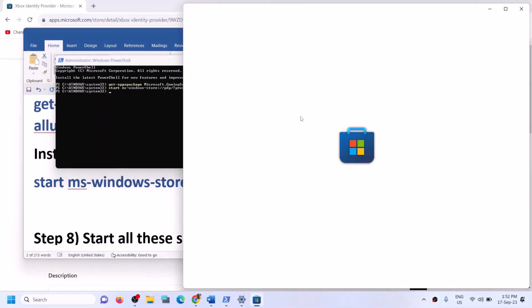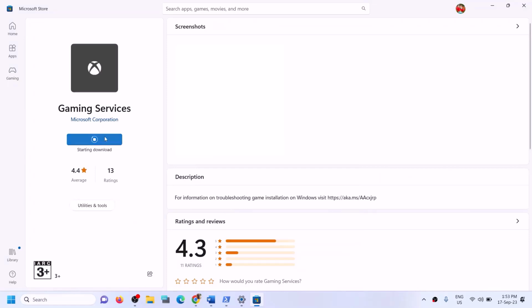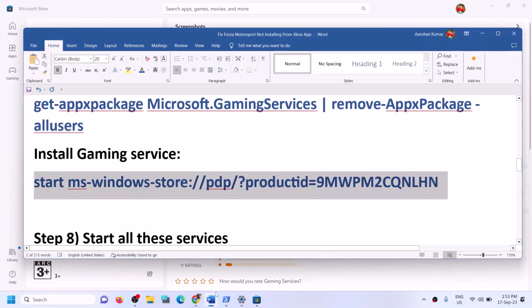This will open Microsoft Store on your computer. And on Microsoft Store, you will see gaming services, and it will give you an option to install gaming services. So click on Install, click on Yes to allow, and let the download complete. Now, once gaming services is installed, then you can try to install the game. Now still if you're facing the problem,